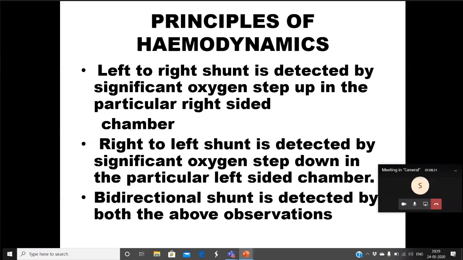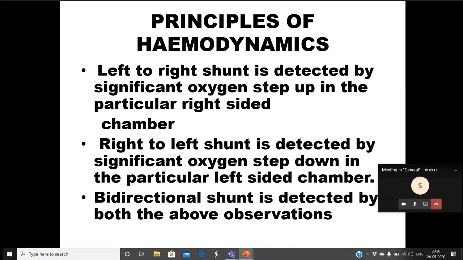But if it is a single sample at the ventricular level, in the atrial level, it should be 10 to 11. At the ventricular level, 7. But at the pulmonary artery level, whether it is single or multiple, it is the same. So pulmonary artery, multiple or single, same 5% oxygen saturation change. At the ventricular level, it is single sample 7, multiple samples 5, and on the atrial side, multiple samples 7 and single 10.